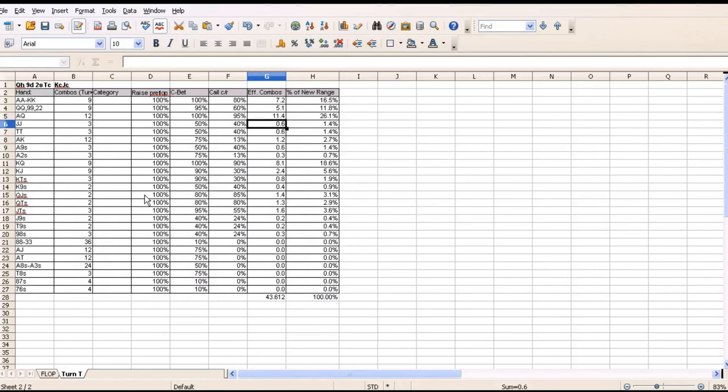So the one column missing here is the category, or the hand strength column. You know what? Sorry to backtrack. We're going to call this strength going forward. Just makes it, I think, a little more clear. And then we'll be able to group them together and treat them all the same when dealing with the raise. And that lets us change around our constraints. We could say how often strong hands will call the all-in, how often medium hands will call the all-in. And we'll do that for each resulting turn card and each hand in the range. So that'll let us create that control panel that I was saying before, where we can just quickly change constraints